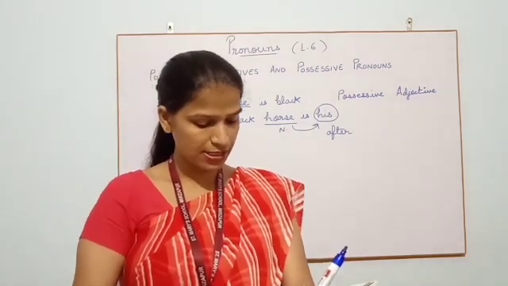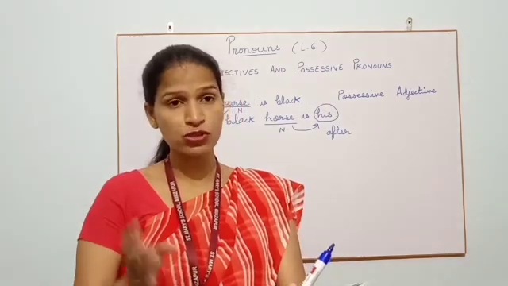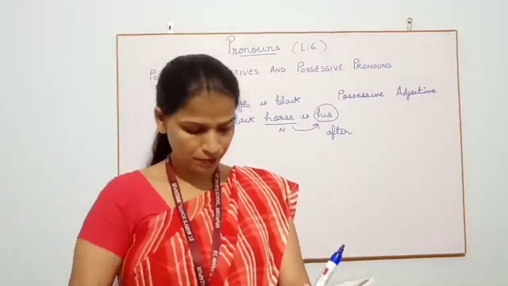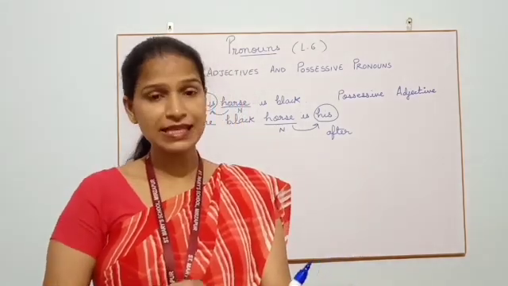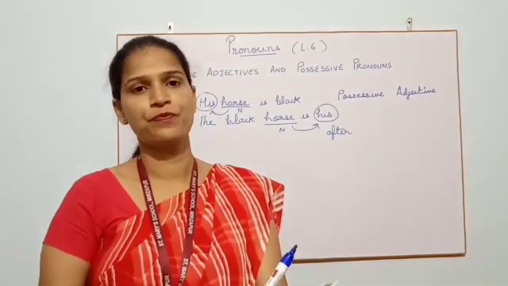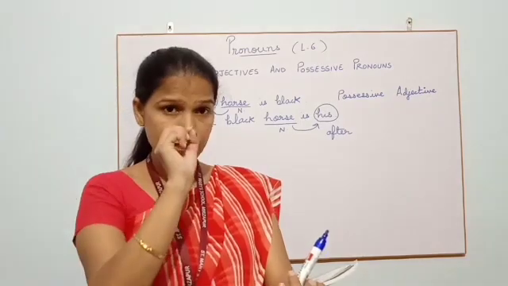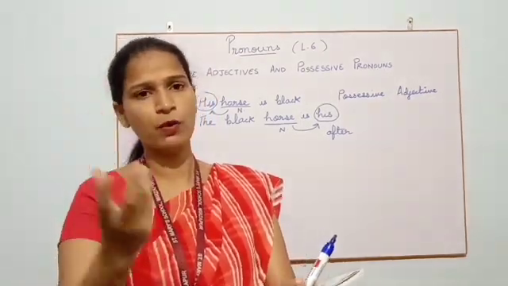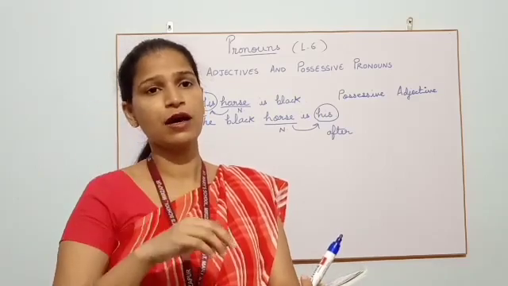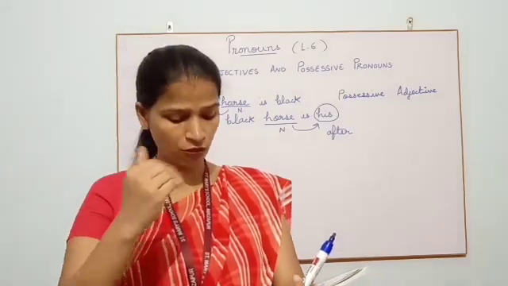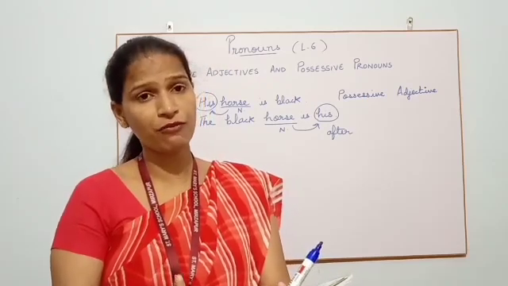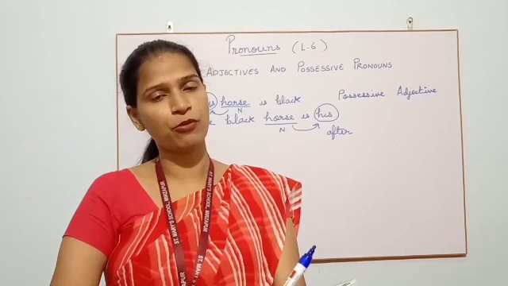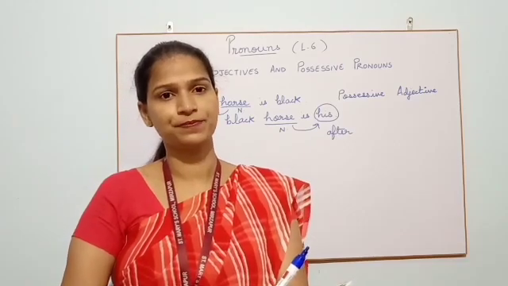Fourth point says the pronoun it is used to talk about time, weather or temperature. Example is here, it is raining now. Now, it is used here to indicate that it is raining, about the weather or temperature. Anything when you want to indicate of this kind or time when you want to indicate, then my dear children, you can use the pronoun it.